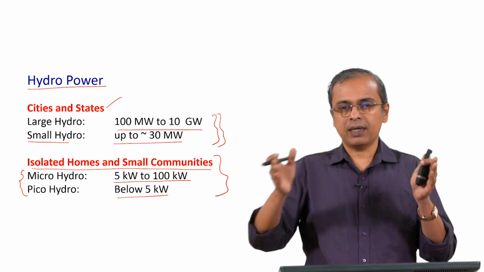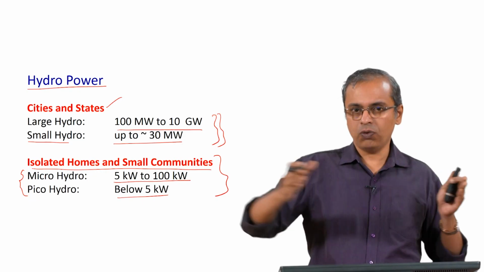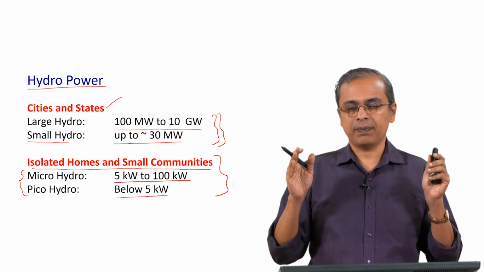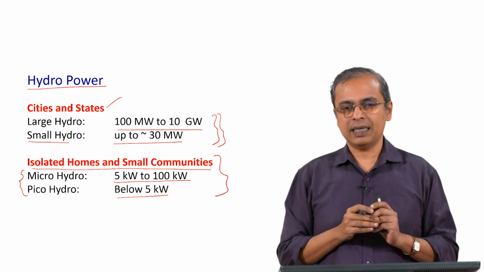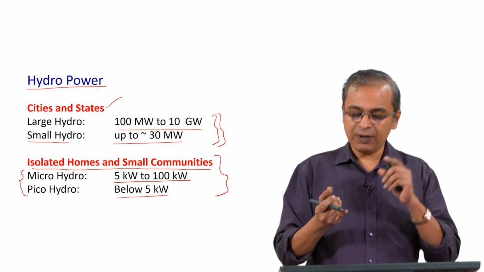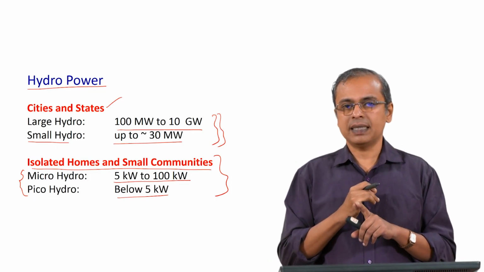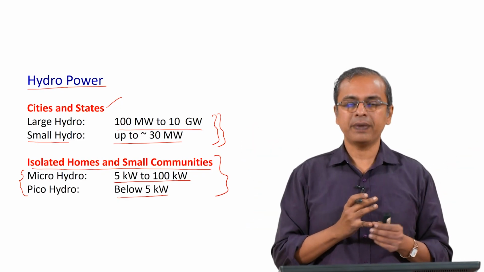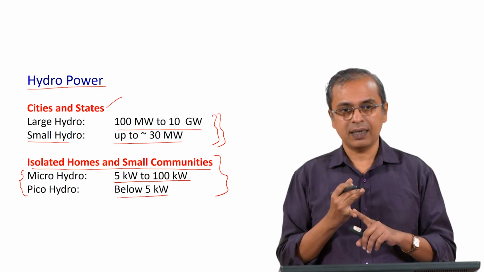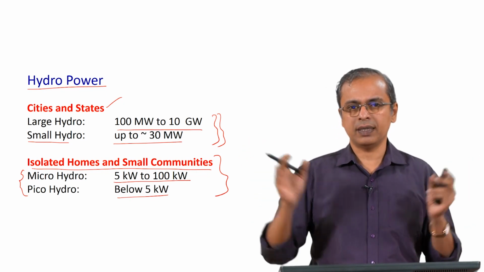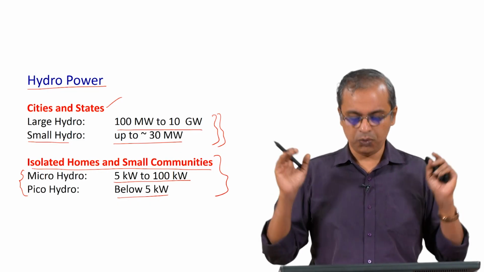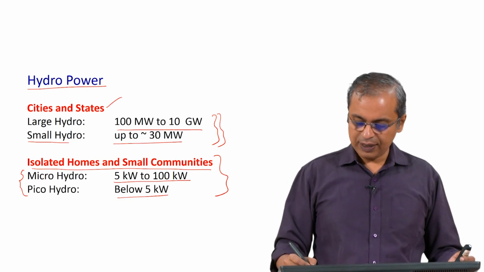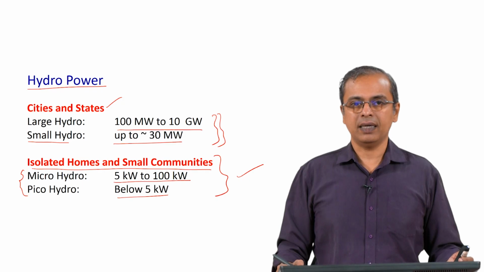So, having several micro dams or pico dams along the flow of a river is actually in that sense much more useful and clean way of using this energy than putting one massive dam. Even infrastructure wise, it is much easier to do. You can probably set it up much sooner than block up the whole place for a few years to construct the dam, and it does not disrupt the local environment that much. It is all small constructions, and then it keeps running smoothly. So this is something that is of interest. So therefore, people I think generally feel that this is a better route to take than the larger projects.